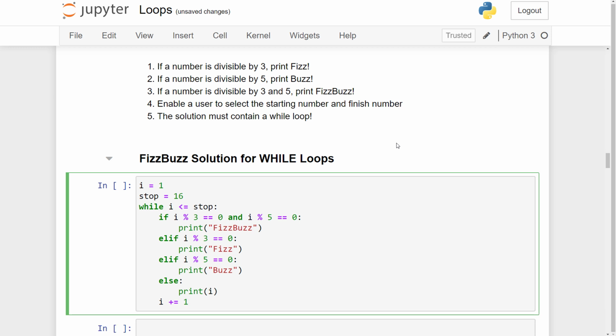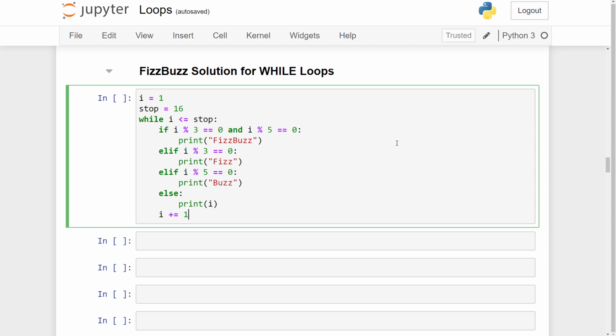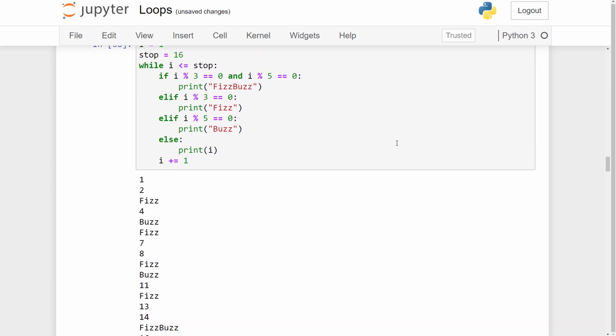At this point on the second iteration, i will equal 2, it will be assessed to see whether it's less than or equal to 16, which we know it is. It will then go through the conditional statements. i will then have 1 added to it and therefore will contain 3. We then go through the third iteration. Now it's only until i contains 17 where the test expression will then evaluate to false and will exit the while loop. So when we run this code, you can see we get the same answer as our for loop,